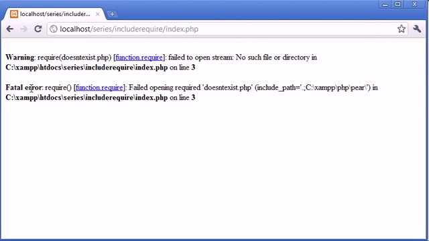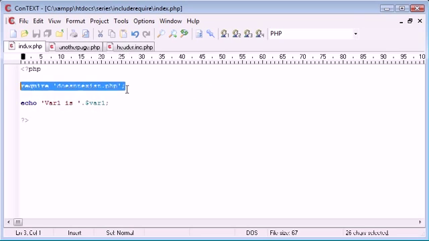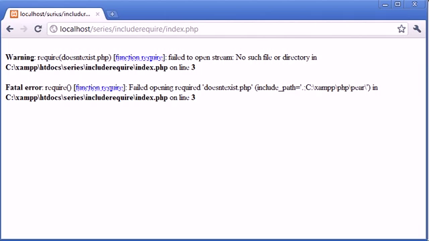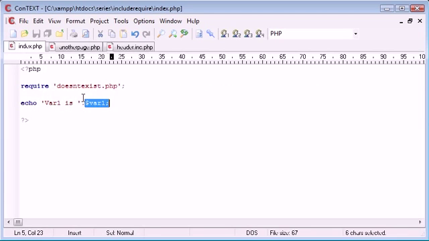The fundamental difference between require and include is that require just handles the errors differently. So if we can't find the file and we've required it, it kills the rest of the page. We just kill the page off. So nothing else after this line here is executed. Therefore, the reason this is important is because if we need variables, and we need this variable in this case to display this whole sentence properly, we require